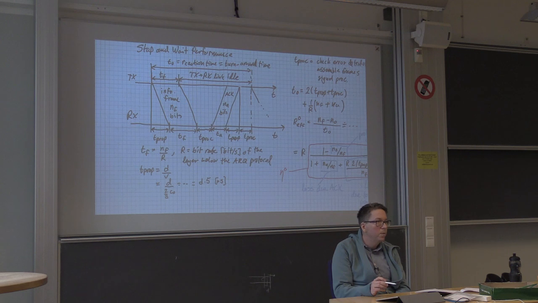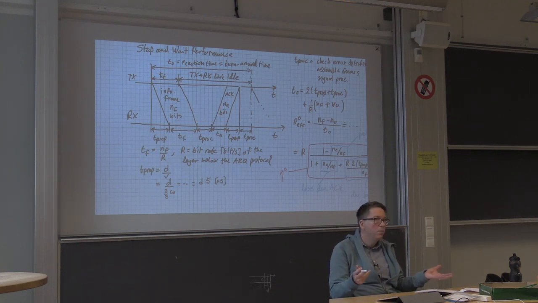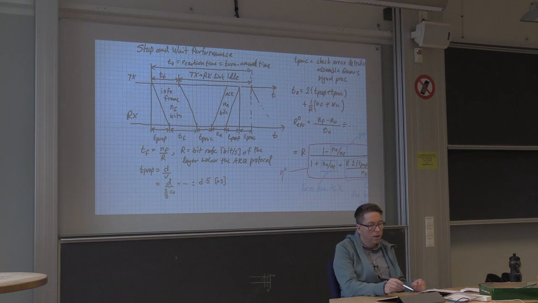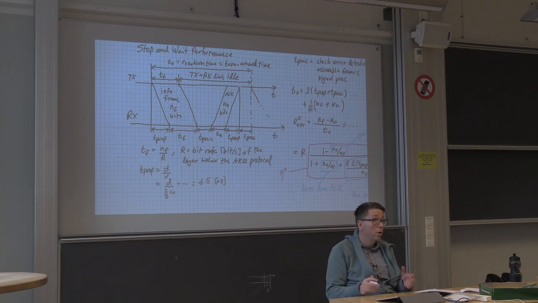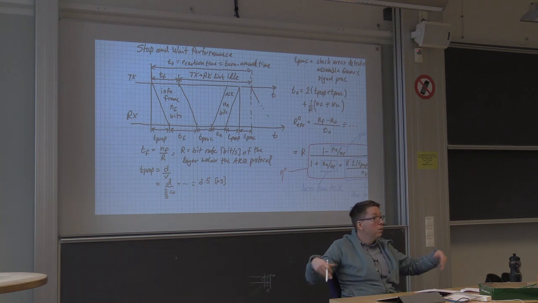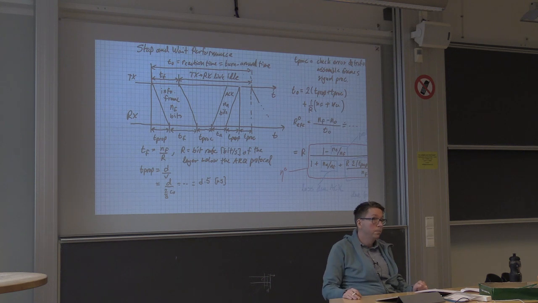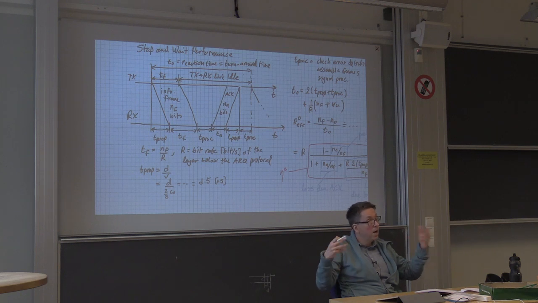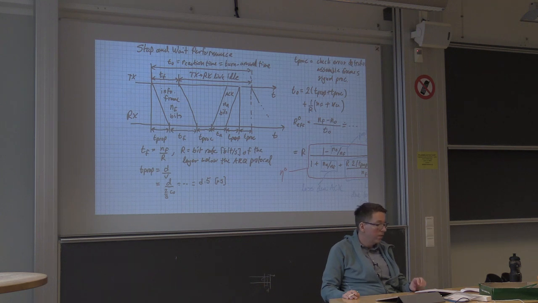And this could be motivated by saying that the number of bits in the frame here is much larger than the number of bits in the acknowledgement, meaning that if we have a fixed bit error probability on our line, then the probability that the frame is lost is much higher than the probability that an acknowledgement is lost. The more bits we have to transmit, the more likely that one of these bits is in error, and therefore the frame error rate goes up. Right? So for a fixed bit error probability, the more bits we transmit in a frame, the higher the probability that the frame is received in error. It's just a fact of life.